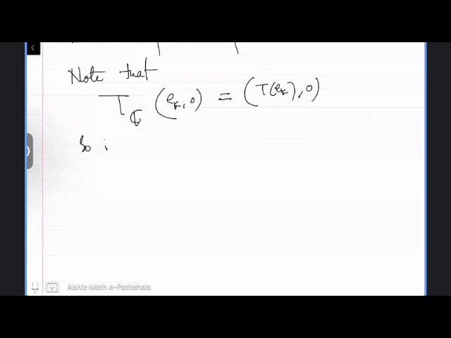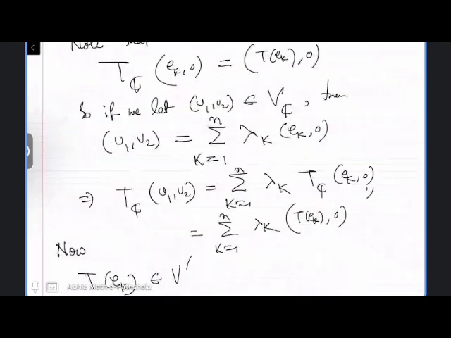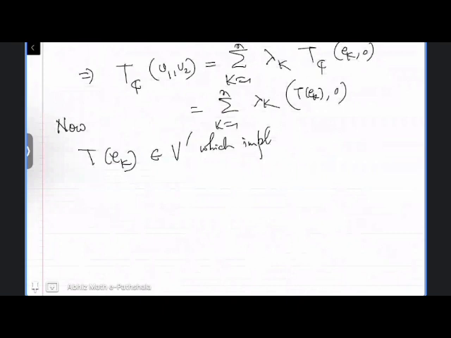So this says that... now T_E_k, what is T_E_k? T_E_k belongs to B-test, right? If you look at this map, T_E_k belongs to this test, which implies that T_E_k can be written as